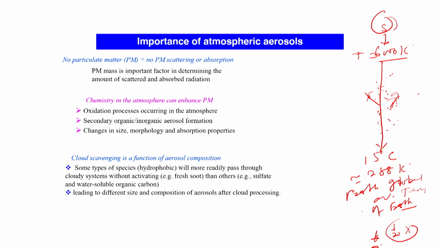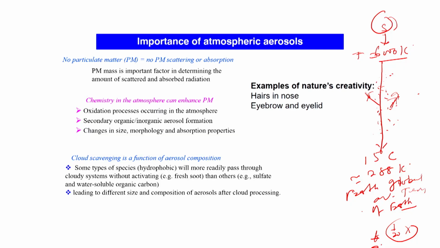The water droplets cannot just grow on their own surfaces. Of course, initially they will grow by condensation or coagulation, and then the coalescence process can be there. But aerosol particles act as seed particles, and they are called cloud condensation nuclei. So this becomes very important. Some of them are hydrophobic and some are hydrophilic in nature. Some will inhibit cloud formation, and some will lead to enhancement in the cloud formation.